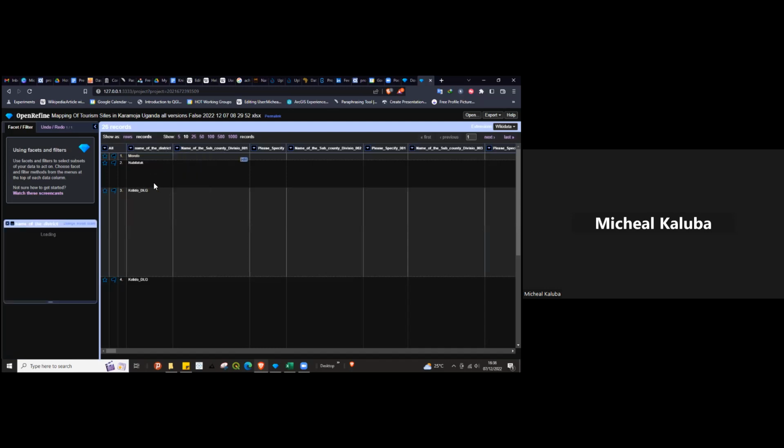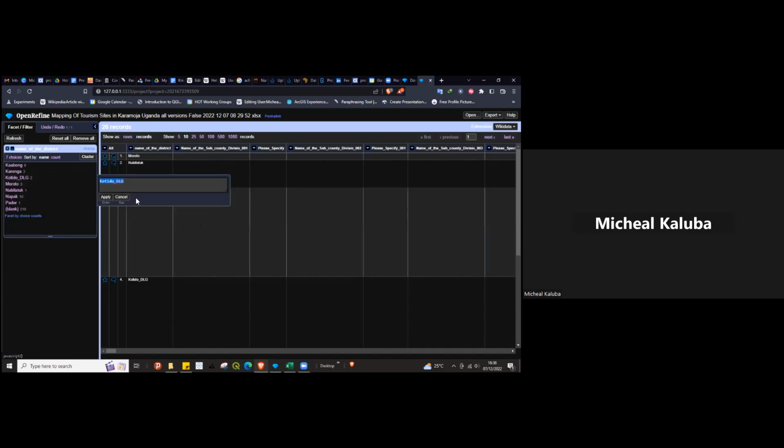Once I click on text facet, what it does is pick all the text in that column and puts it at the left and gives you the counts, how many times a particular text is appearing in the column. So if I want to edit this column, remove the underscore,